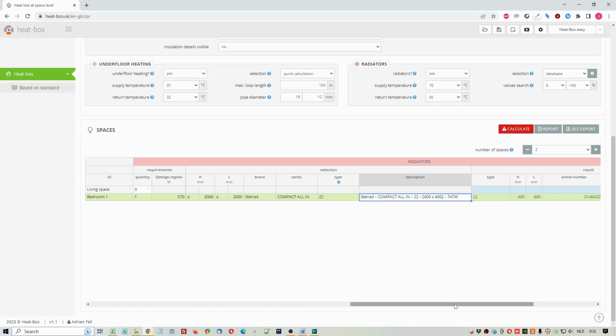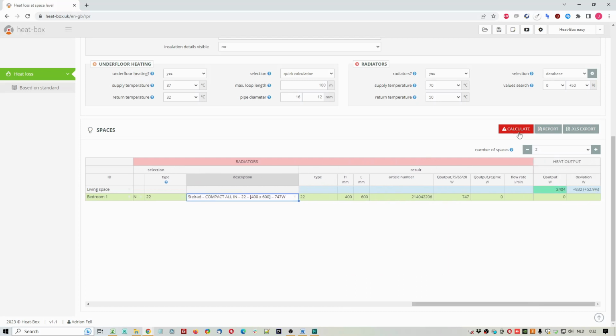After we select a radiator, we can click Calculate. We then see the radiator output at a supply temperature of 75 degrees, a return temperature of 65 degrees, and a room temperature of 20 degrees. This is the power output we typically find on the radiator's technical datasheet, but this is not the power the